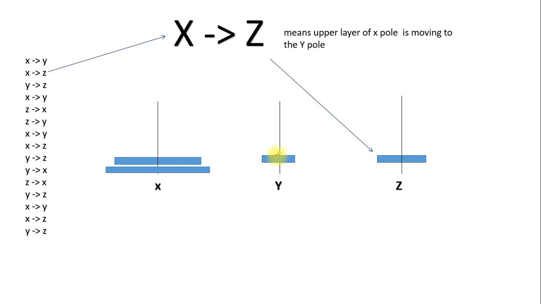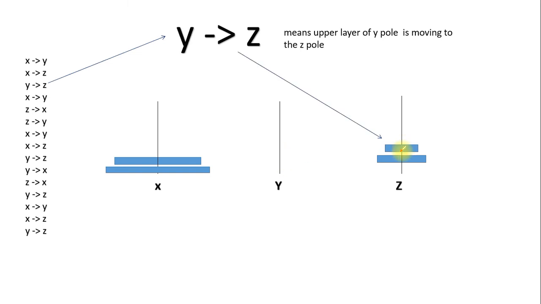Then you can see y to z. That means this one will be here, because in the y pole the upper layer is this one, so this one will be moved to here. After that we have x to y. You can see that the upper layer of x is this one, so this one cannot be put